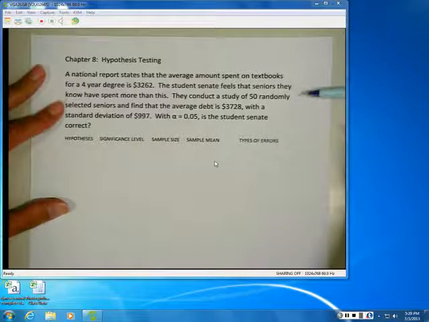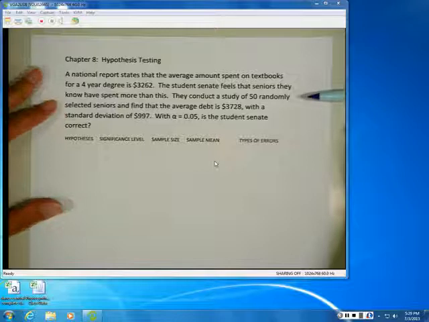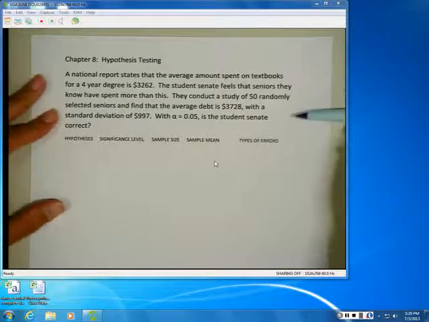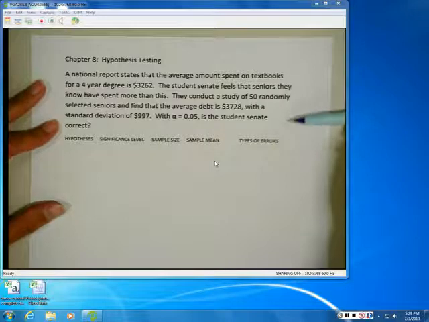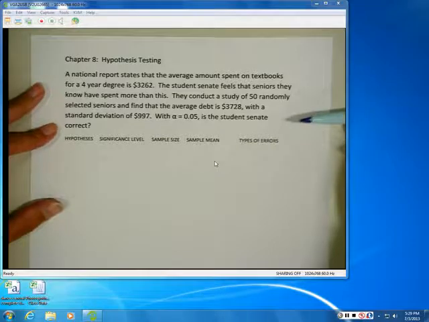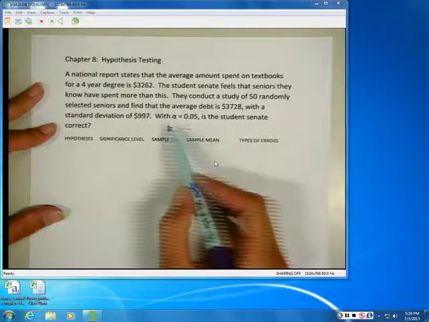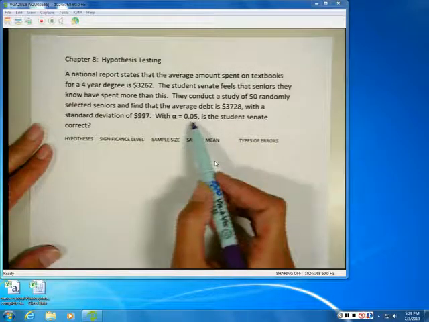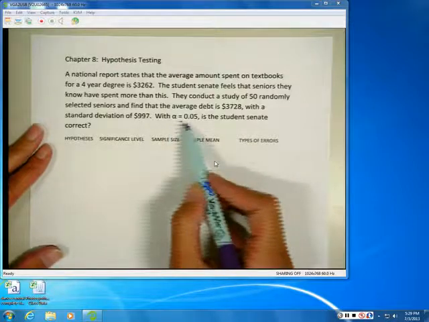The Student Senate feels that seniors they know have spent more than this. They conduct a study of 50 randomly selected seniors and find that the average debt is $37.28 with a standard deviation of 997. With alpha equal 0.05, this is the significance level, we'll talk about that in a minute,